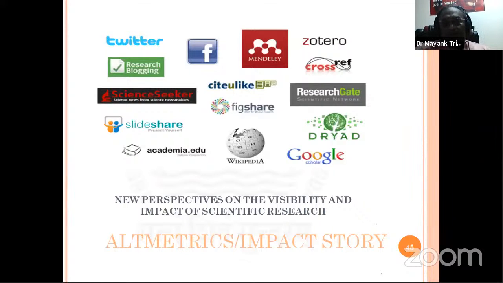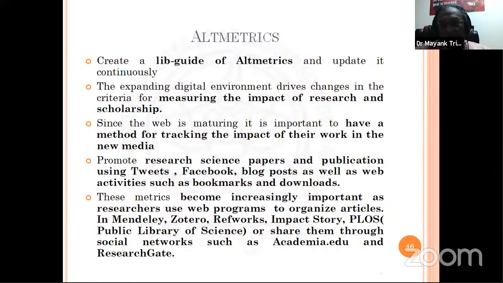These are the platforms. We must be aware of all these platforms, and we have to use them extensively: Crossref, Zotero, ResearchGate, Google Scholar, SlideShare, and so on. And Altmetrics and Impact Story, which are the new metrics. Create a LibGuide